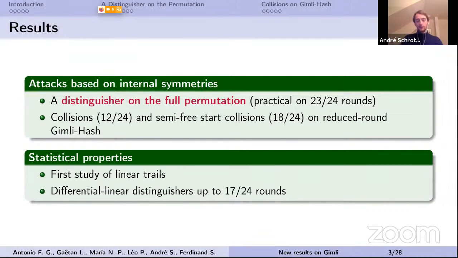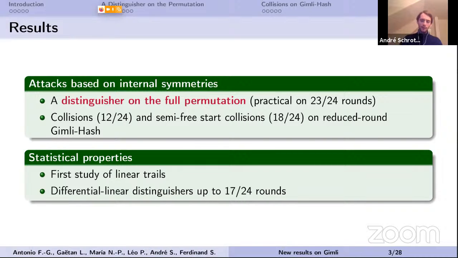So our results include several attacks on Gimli, the permutation, and the hashing mode. We designed a distinguisher on the full permutation, which has a practical version on 23 rounds out of 24. And also improved collision and symmetric-state collision attacks on reduced versions of Gimli hash. We also study statistical properties of the permutation. So we perform a first study of linear trails in Gimli, and we designed differential-linear distinguishers up to 17